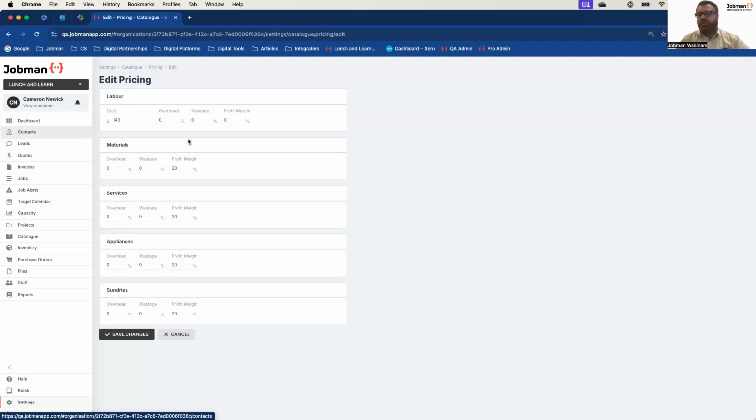That's not the information you want. In order to improve your productivity and to improve your business and become more profitable, the very first thing we want to do is we want to be able to measure time in an accurate scale, time versus time. So at $140 or $130, $150, whatever your default charge out rate is, and that's an overhead for your entire business per hour, Jobman will give you the best result.